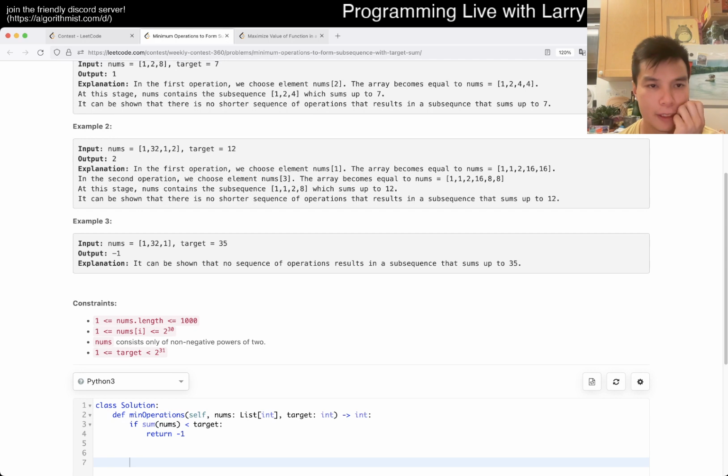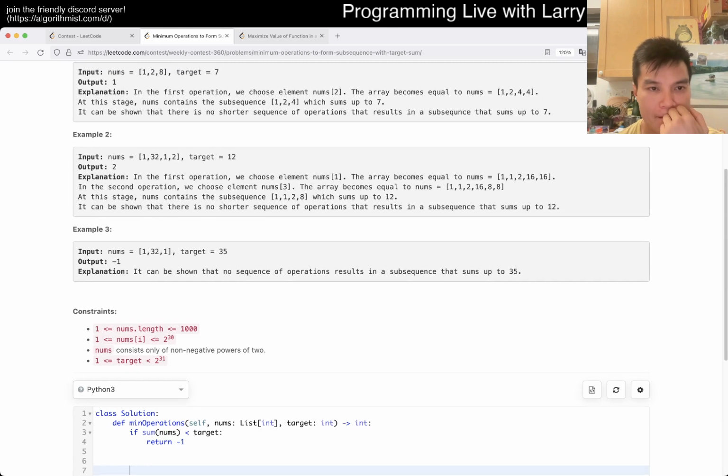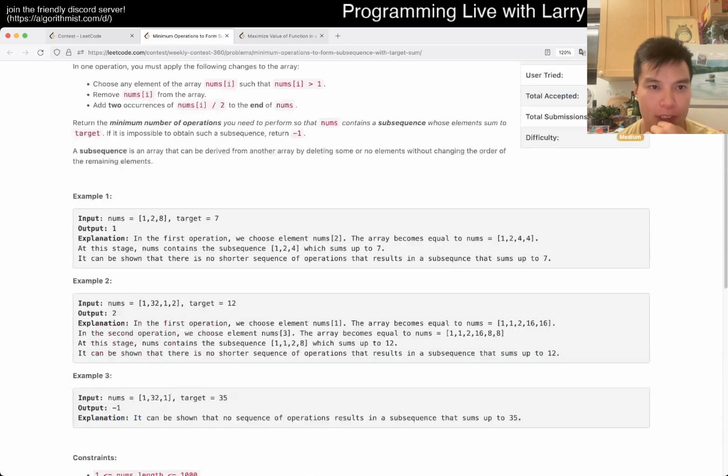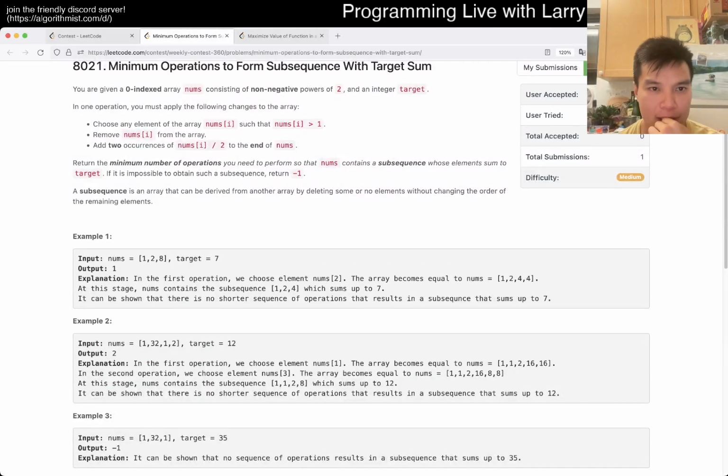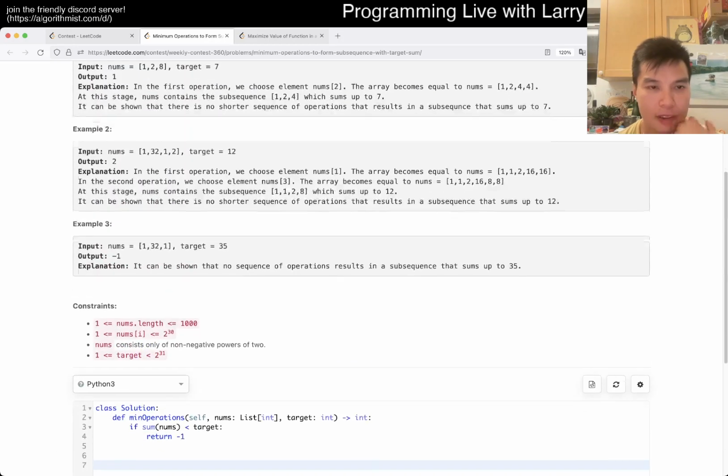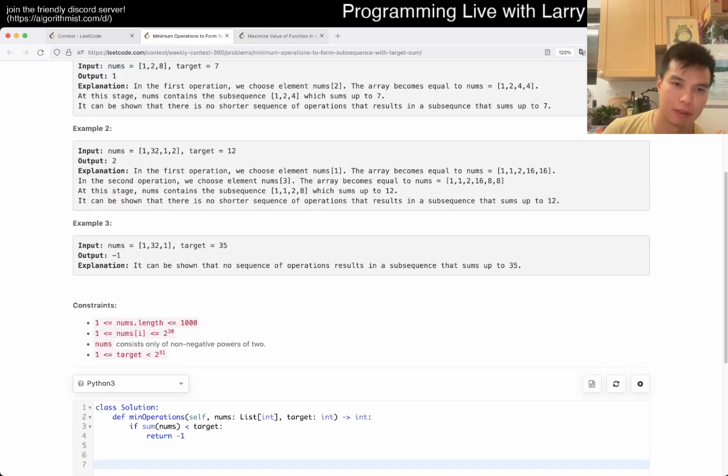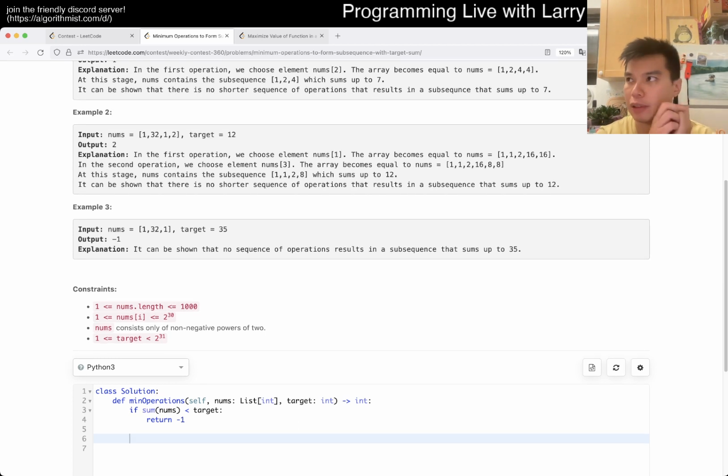But is that the only case? Otherwise, you can always do it because you can always just have a bunch of ones. So now you're trying to find the min, right? Because it's a power of 2, so you can just have all ones anyway. So we're trying to find